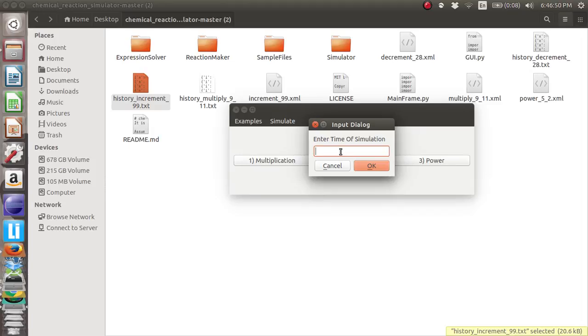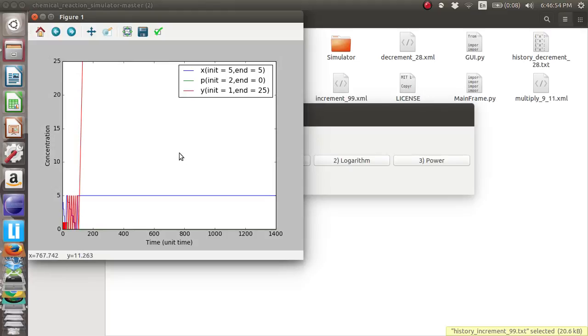The time of simulation I entered is 1400 seconds. So now the value of y, the output variable, which was initially 1, becomes 25, and the time variation of the concentration of x to the power p can be seen here, and the output variable y is x to the power p.